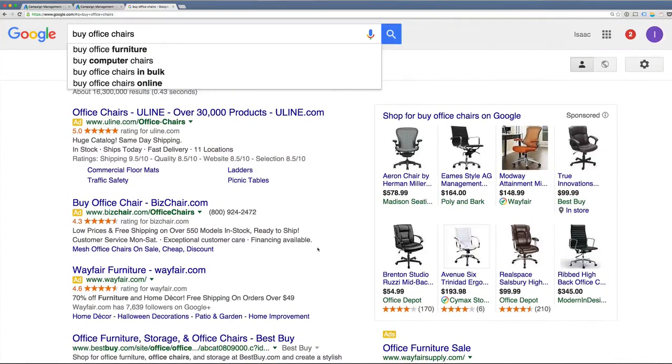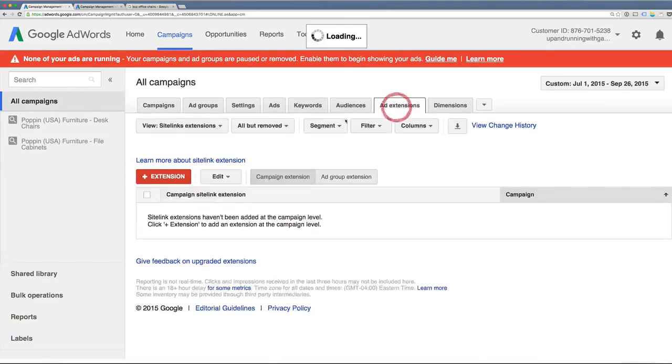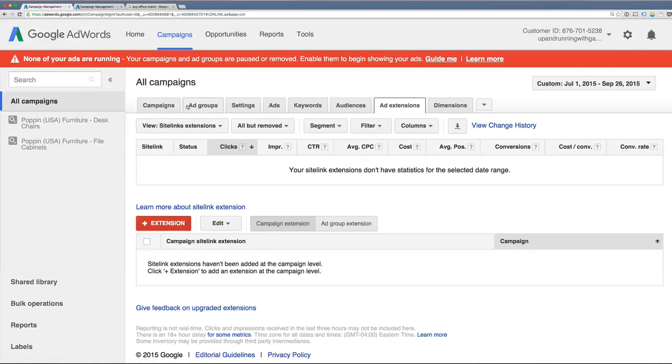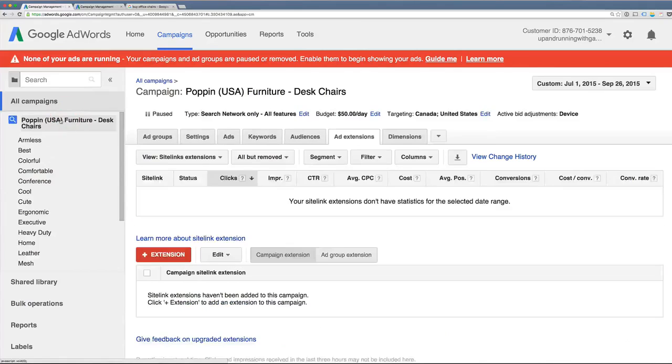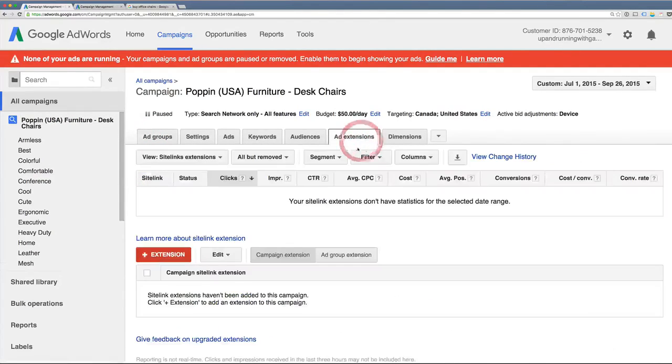So this gives you a good sense of what these ad extensions look like. Now let's go into our account and actually go ahead and create some ad extensions. In order to create ad extensions, you could initially go from the All Campaigns area and go right over to the Add Extensions tab. You could also choose to first choose a campaign. So for example, if I choose desk chairs, I could then also navigate between ad groups, ads, keywords, audiences,